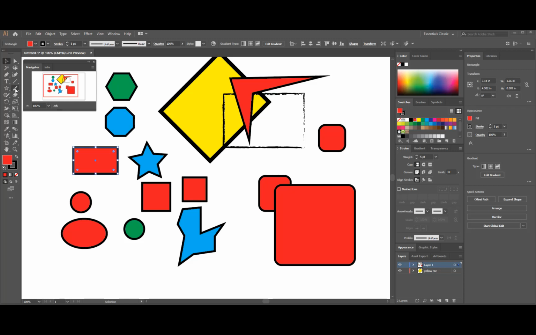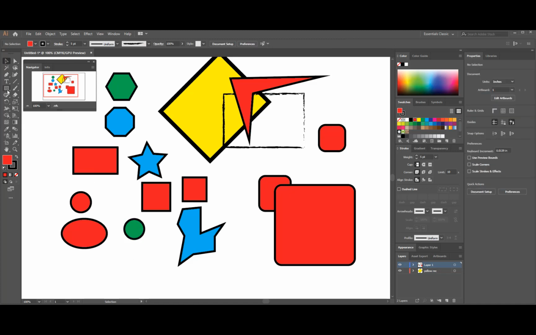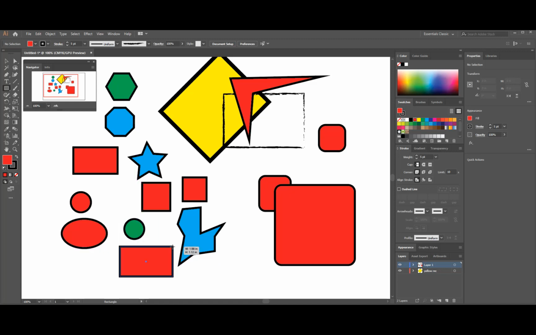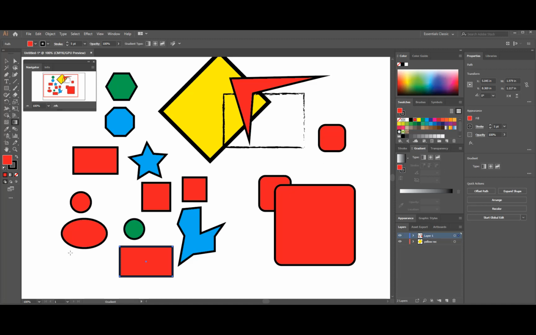I'm going to go back to the regular rectangle shape and select an object, and then get into the gradient palette, or select the fill as this gradient right here, and it's going to make this thing into a gradient